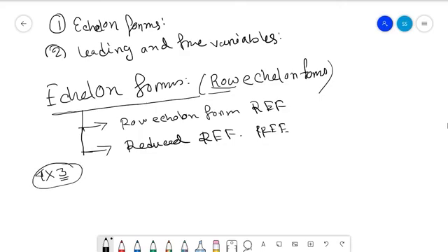So you have a 3x4 system, and let's say our Ax equals B, this B has 3 rows and 1 column. So our augmented matrix,